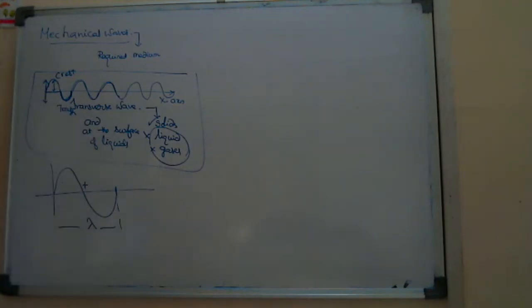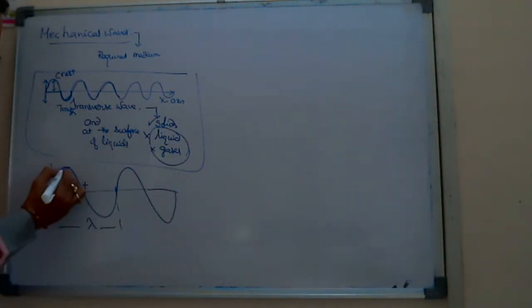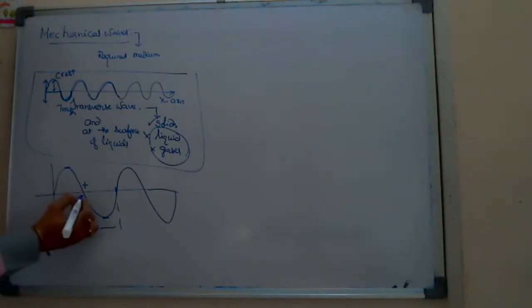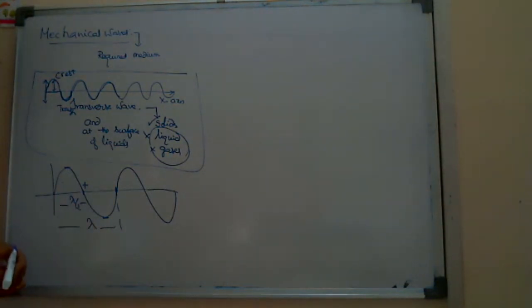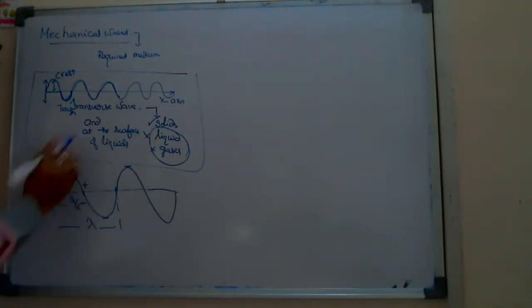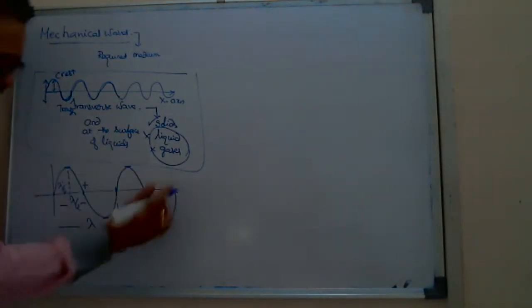In the previous problem also we used it. When it starts from the horizon, I already named the upper part as crest and the lower part as trough. So from the horizon till here you can say it is lambda by 2. And from here to the crest, again it is half, lambda by 4. So if they ask crest to next successive crest, or trough to next successive trough,